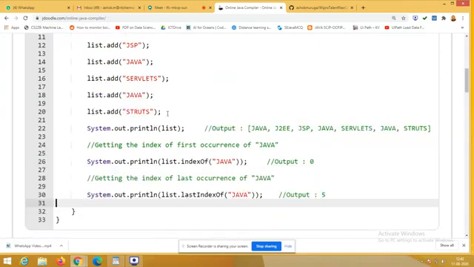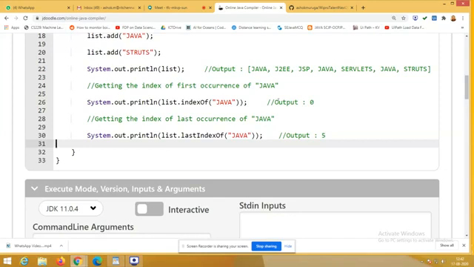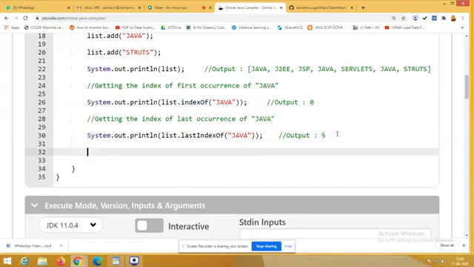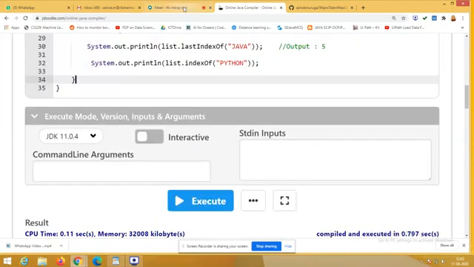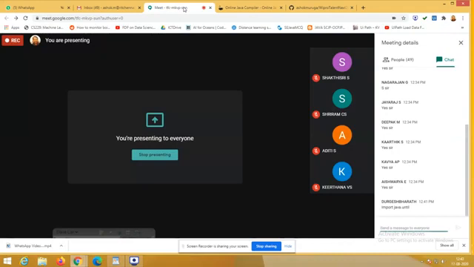For example, if the given content is not available in the list, what do we do? For example, I want to search this. Sure. Control C. We'll add it, and instead of Java, I'm going to search Python. What will it result in? Can anyone guess what the output would be if I search Python? Anyone of you? Put your message in the chat.